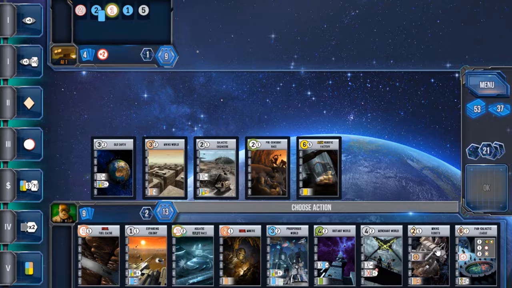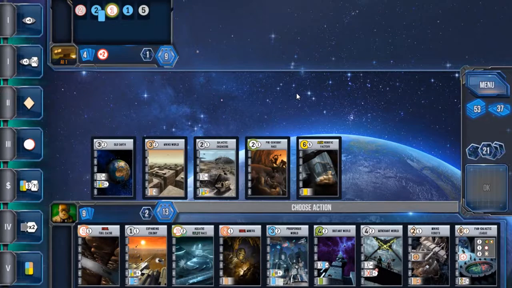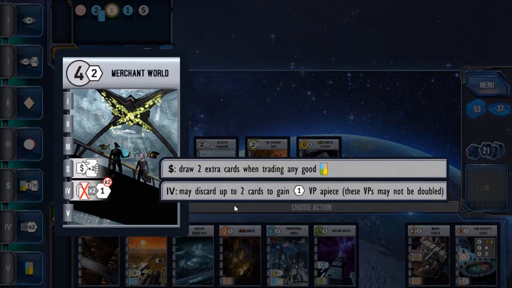Trying to see if I get something with a nice payoff in here. What's this? Oh, 2 VP for each Genes world. That's why I got this. 1 VP per other military world. And 3 VP for contact specialist. But I don't have contact specialist. That doesn't matter in there. So let's try. Let's see. May discard up to 2 cards to gain 1 VP apiece. These VPs are not doubled. And draw 2 extra cards when trading a good. That's an interesting thing, an alternate way in which to...